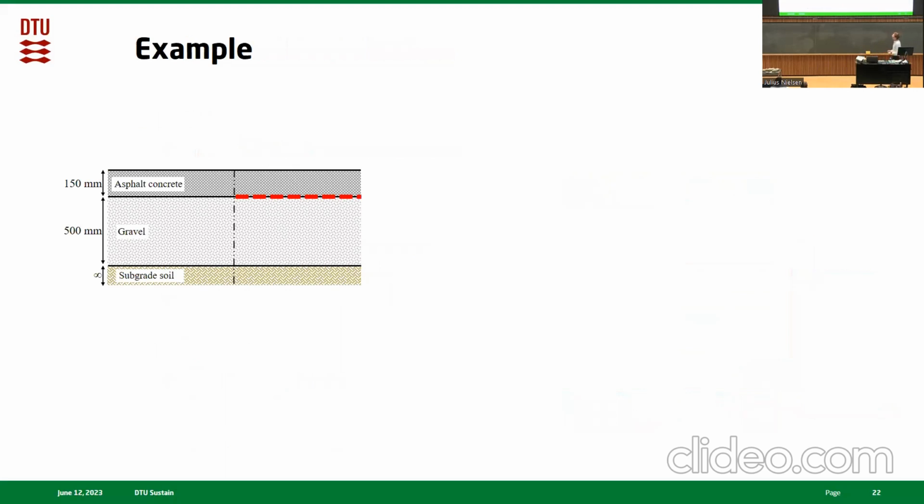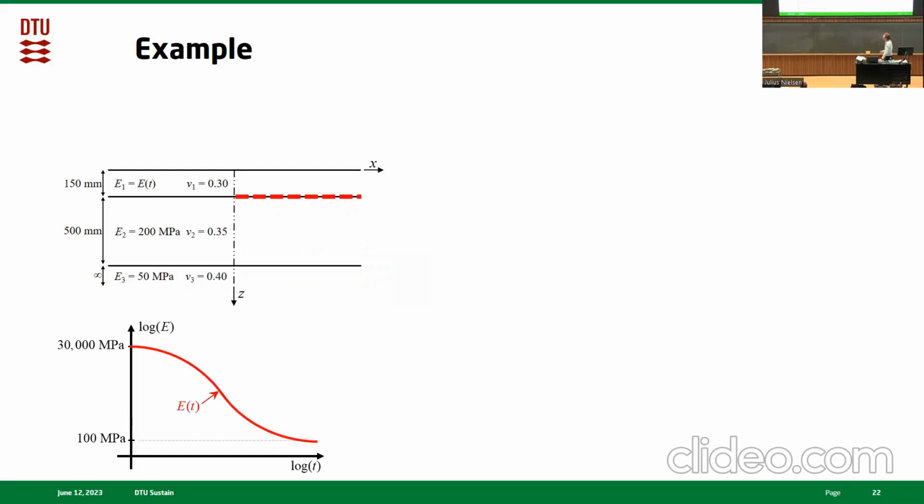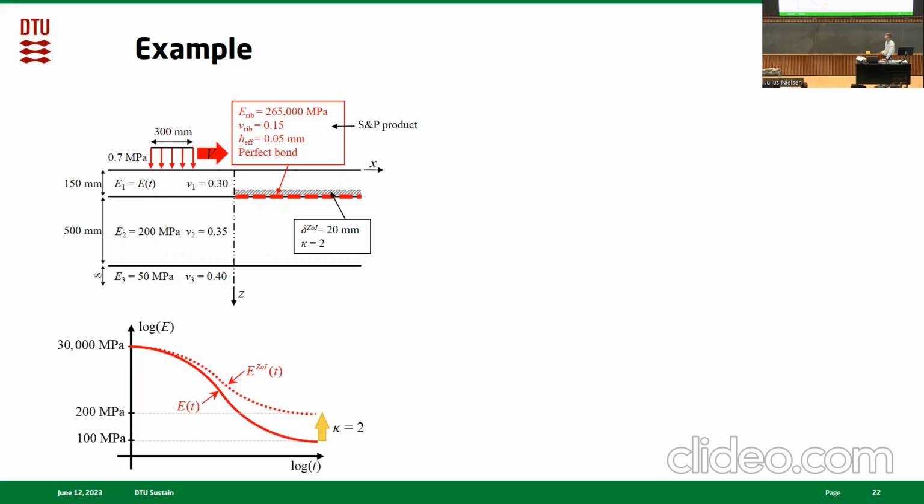I want to show you an example of how we can use the model. So let's say we want to design these two pavement systems that are nominally identical, but one has a grid and the other one hasn't. So we simply give them some elastic parameters for the sublayers and a viscoelastic relaxation modulus for the top layer representing an asphalt. We apply a moving load on top of it, and we give some inputs for the grid. These are inputs taken from one of SAP's projects. We assume perfect bond between the grid and the adjacent layers, and then we include this zone of influence effect